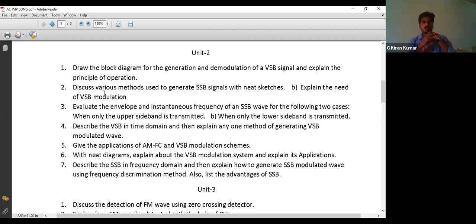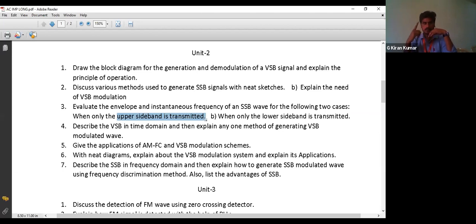Here you can see, we have one generation method to generate upper sideband and to generate lower sideband. We discussed generation only for the upper sideband and only for the lower sideband, with some change in the modulator inputs. In the first case, it is for upper sideband, which means we have two different modulators, and the first modulator can have two inputs, that is direct m(t) and phase shifted c(t).